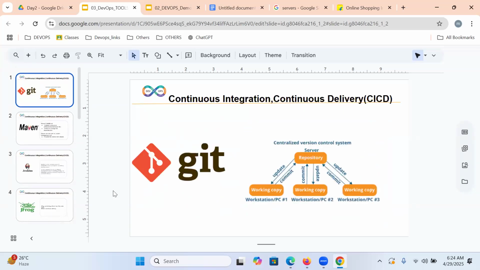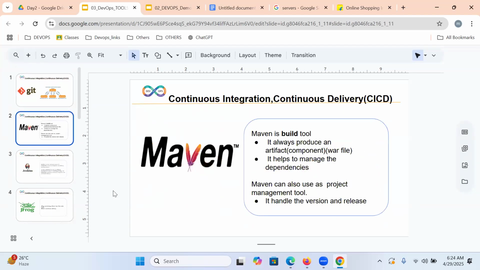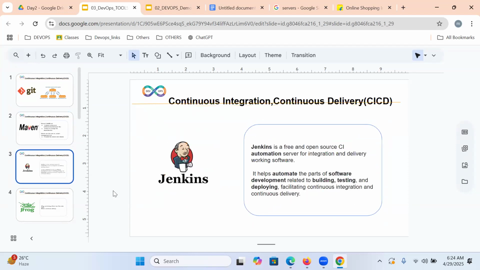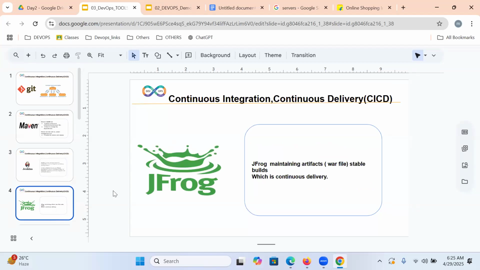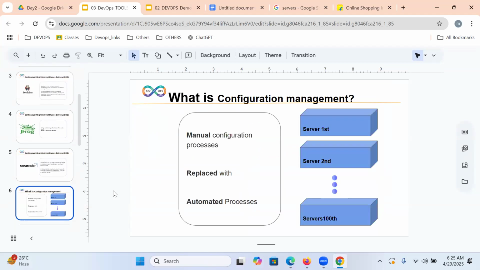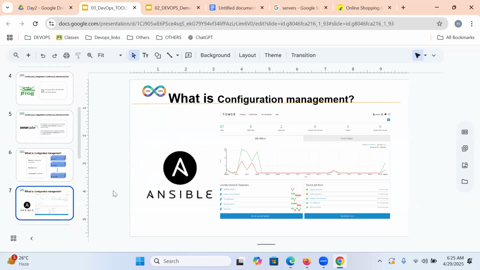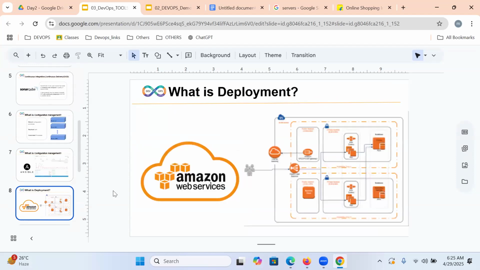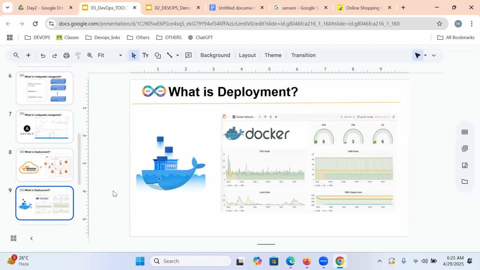Repeat again, please: which are all the tools? Git is version control. Maven is a build tool. Jenkins is a CI/CD automation tool. JFrog is a release artifactory tool. SonarQube is a code analyzer. Ansible is a configuration management tool. AWS is a cloud service provider. Docker is a container technology provider.